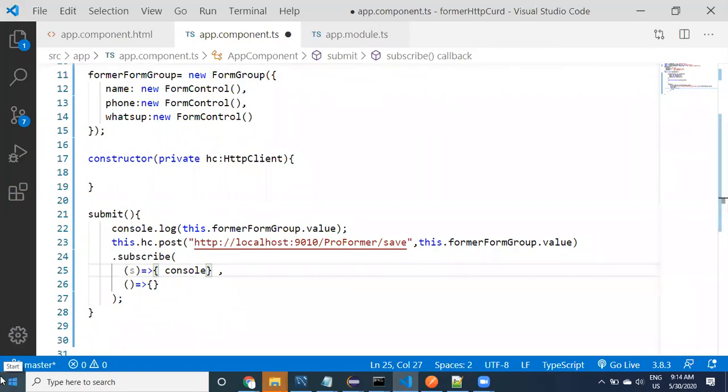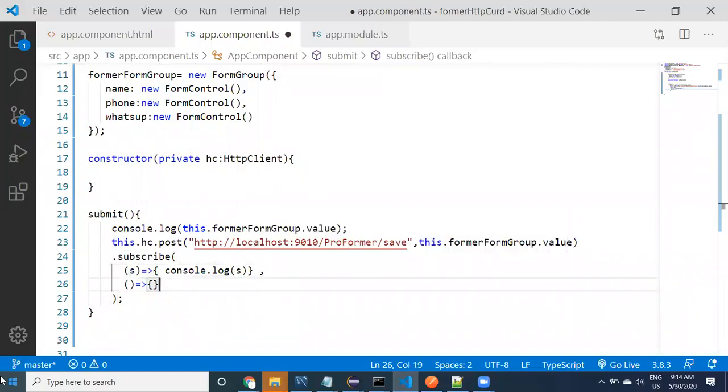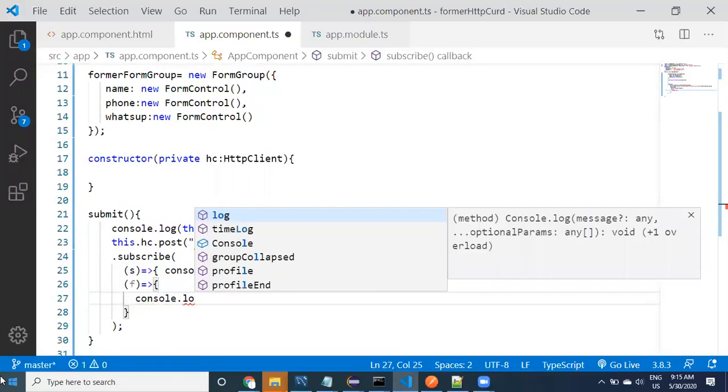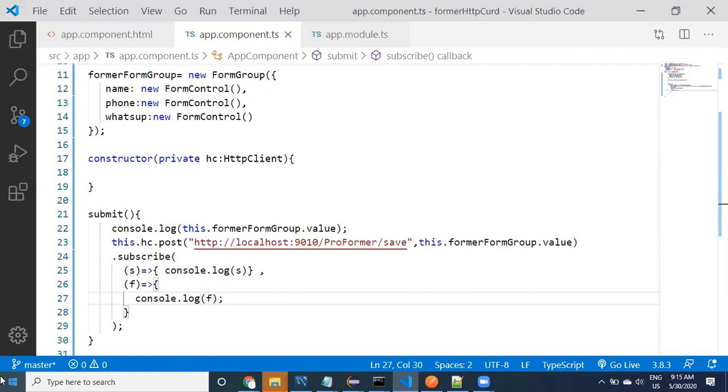One is for success. Here I'm doing nothing, if it is success, we are just printing it. If it is failure, whatever failure information there is will come to this argument, so we can say console.log of failure.